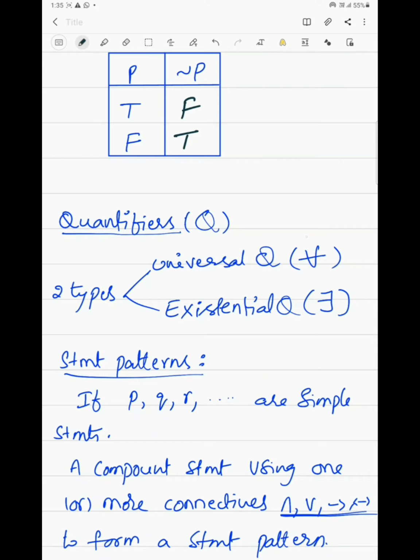So already we know these symbols. We used these symbols in previous classes too. So in this we are learning separately, that's it. These are called quantifiers. So what is the meaning of for all and there exists? This symbol is used for for all and this symbol is used for there exists, right? So what is the difference between for all and there exists? We will learn now.